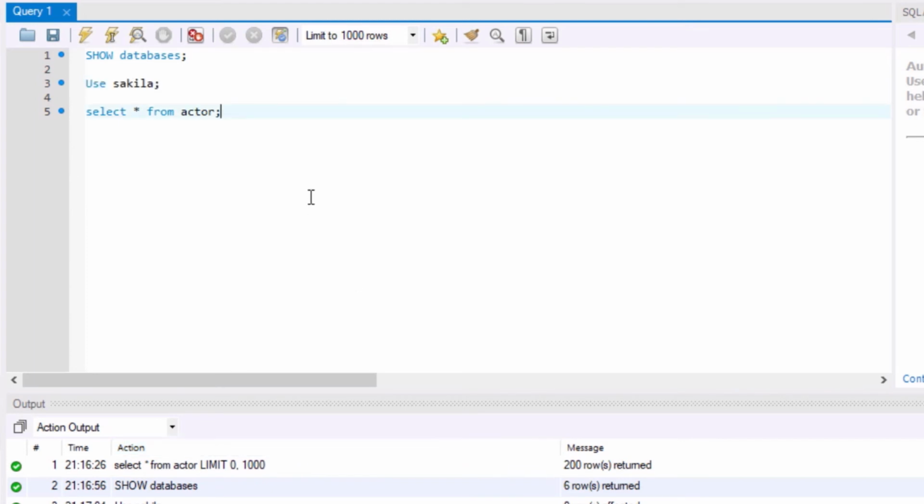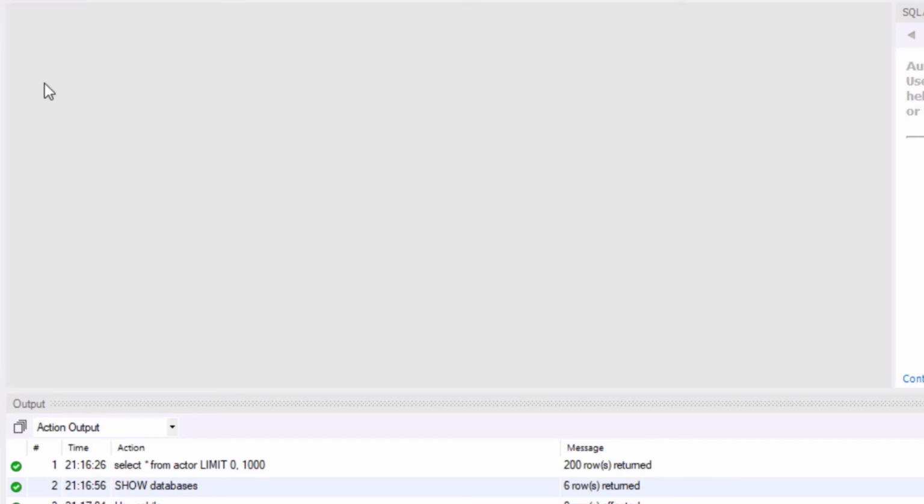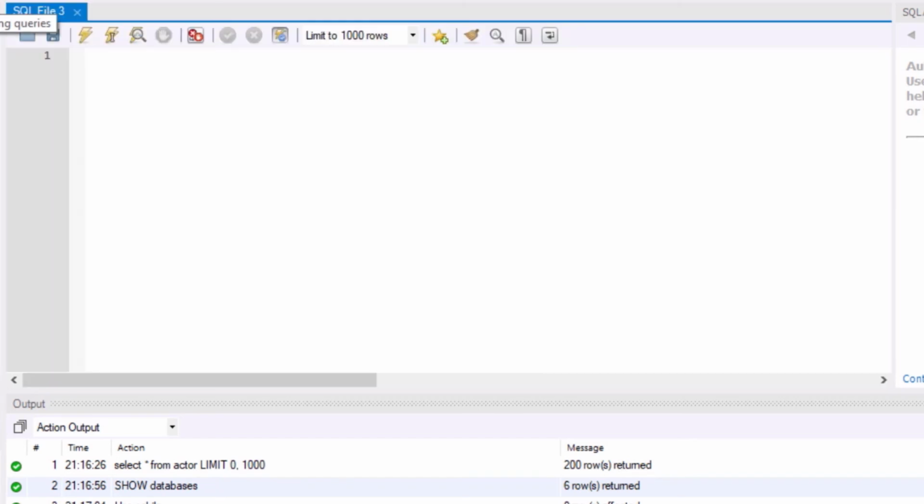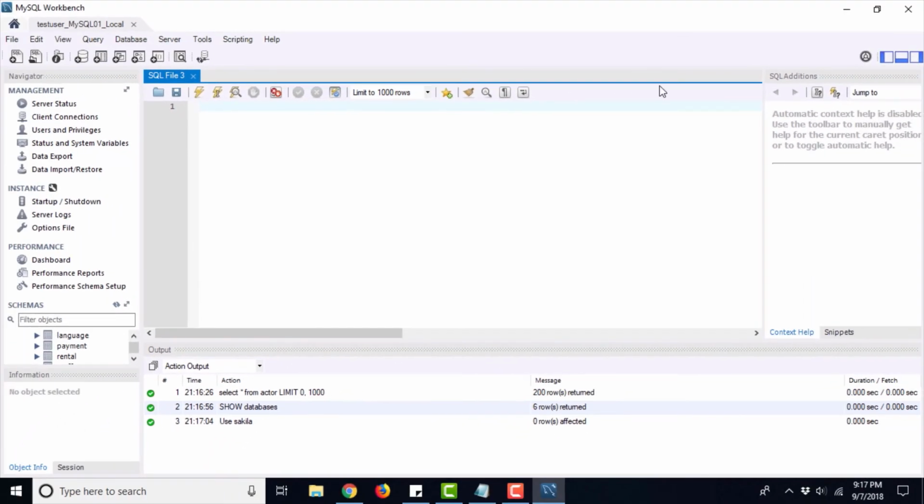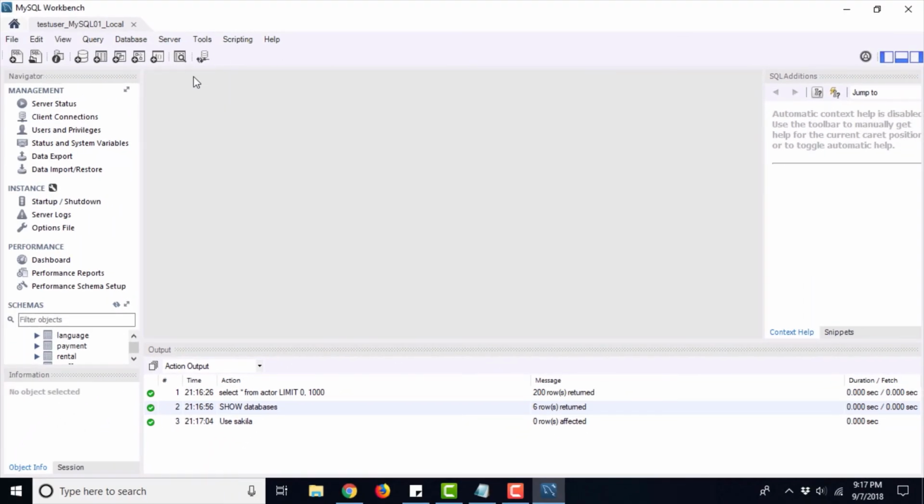So this is the MySQL Workbench interface, and you can even close this query worksheet. You can even create a new worksheet by clicking this thing, create a new SQL tab for executing queries. So this is going to open a new worksheet for the same connection and for the same instance. Similarly, from file also you can just say new SQL script. Okay, so new query tab. So it is going to open a new query tab. You can even open multiple query tabs, and you can close the tabs like this.